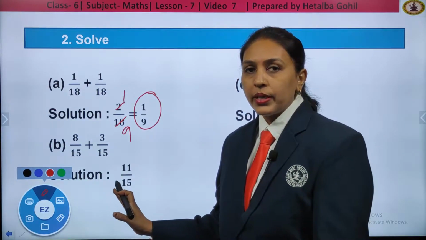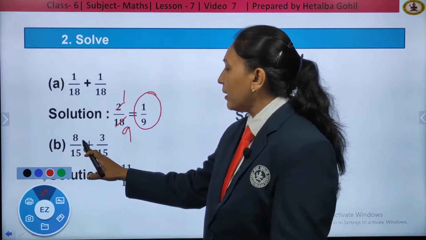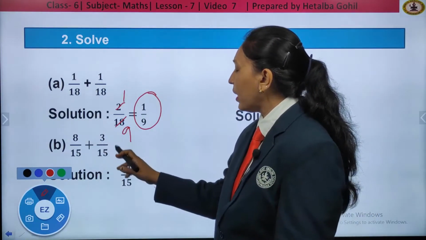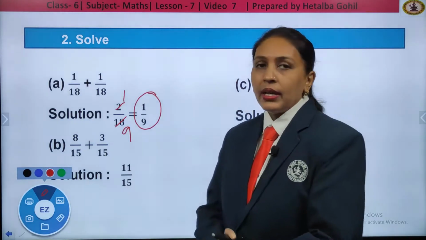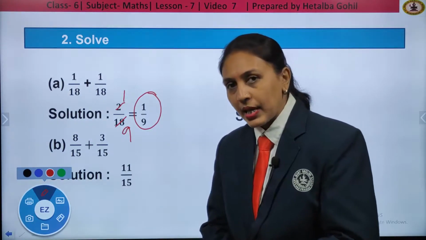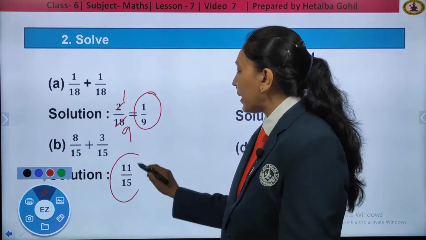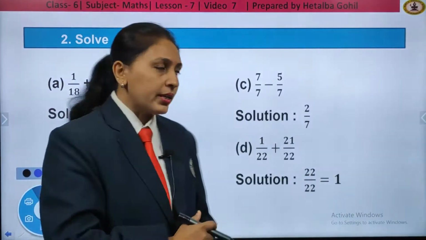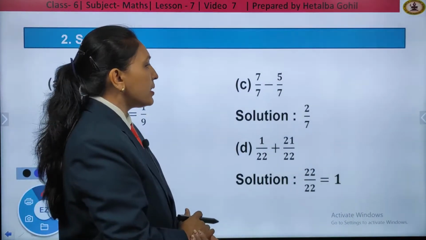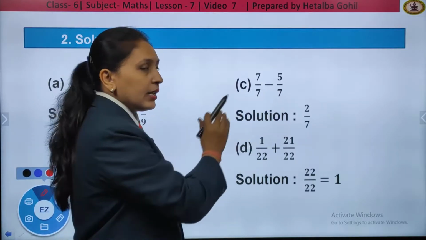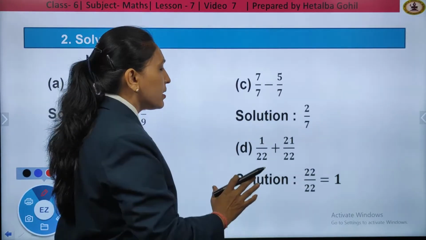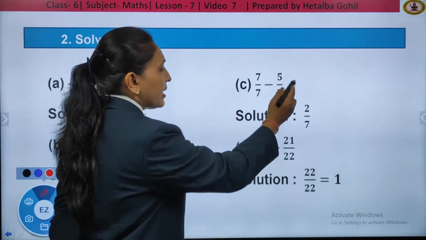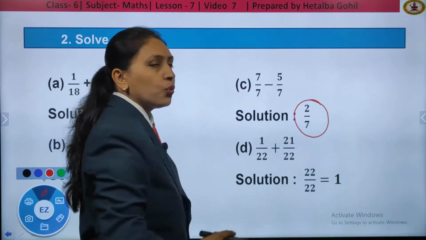Similarly, next one we have 8 by 15 plus 3 by 15. Here too the denominators are the same. Operate the numerators, that is 8 plus 3, you get 11 and as usual the denominator remains the same, that is 15. So, your answer will be 11 by 15. Now, let us see what we have here next. 7 upon 7 minus 5 by 7. These are like fractions children. So, we have to just simplify the numerators, that is 7 minus 5, you get your answer as 2 by